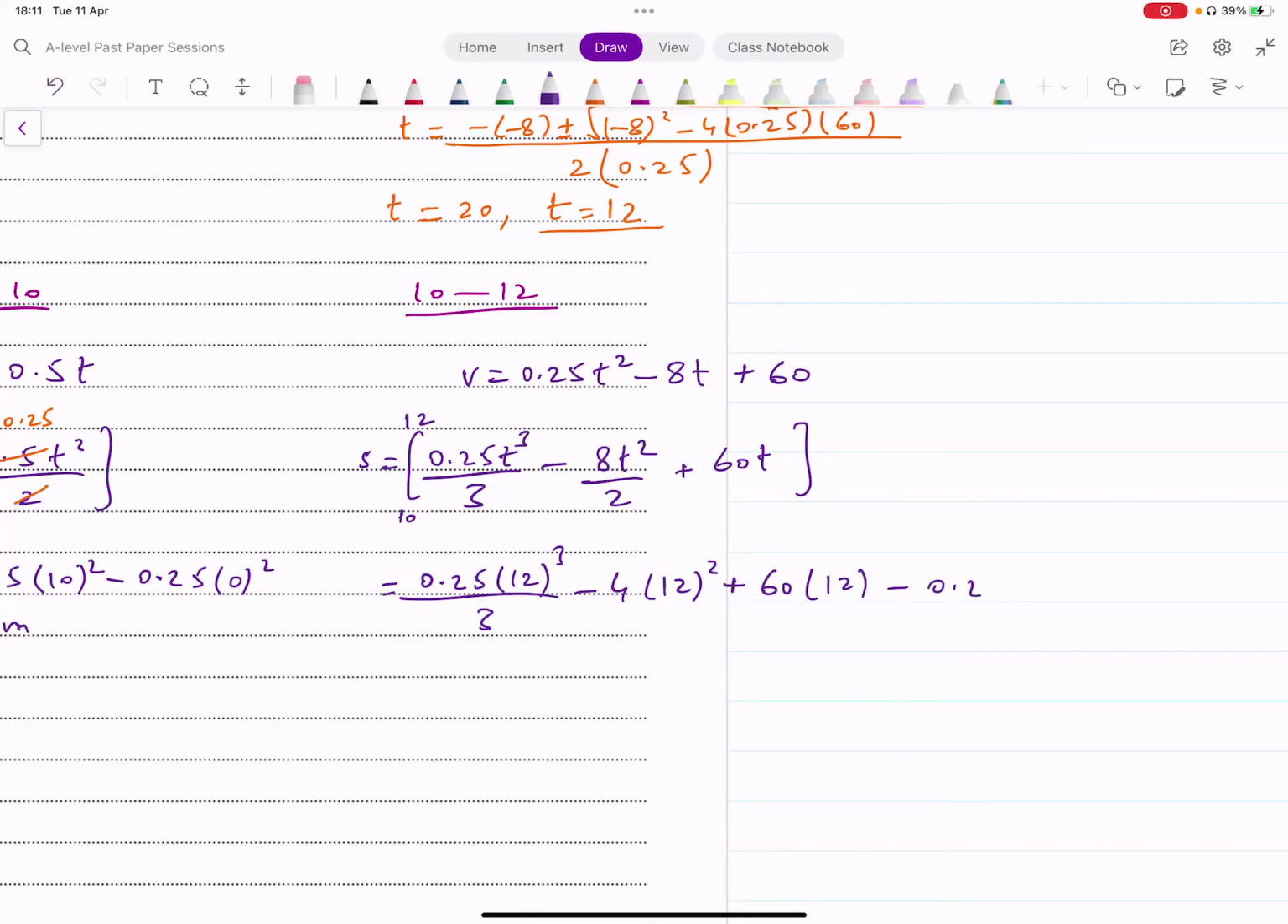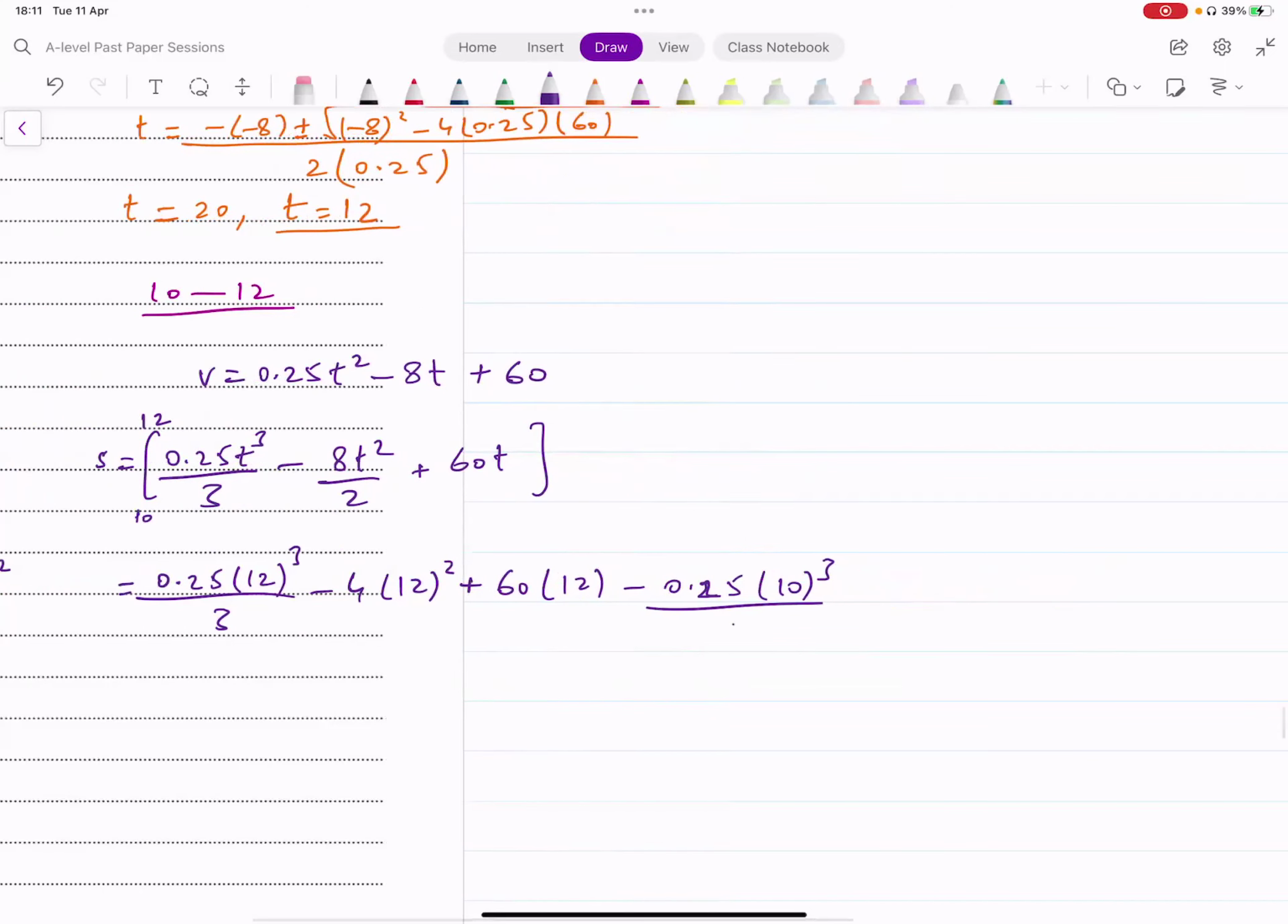Subtract from that 0.25 into 10 cube divided by 3 minus, bracket आना चाहिए यहाँ पे. Subtract from this case when you input 10 there, 0.25 into 10 cube over 3 minus 4, cancellation कर लेते हैं यहाँ पे,